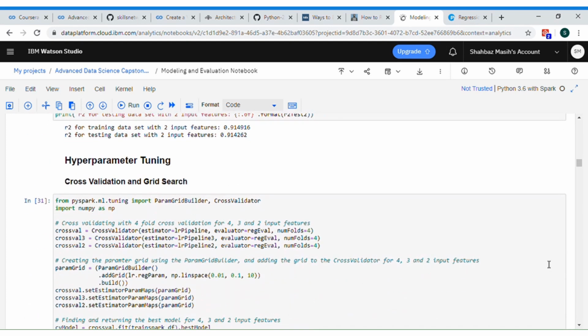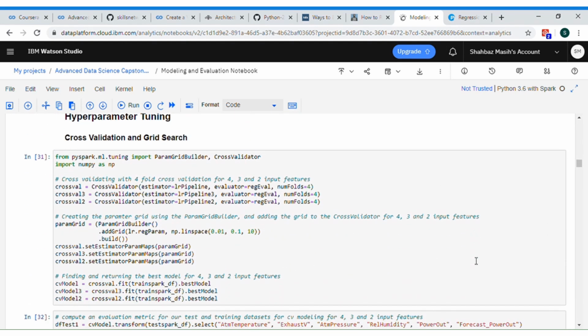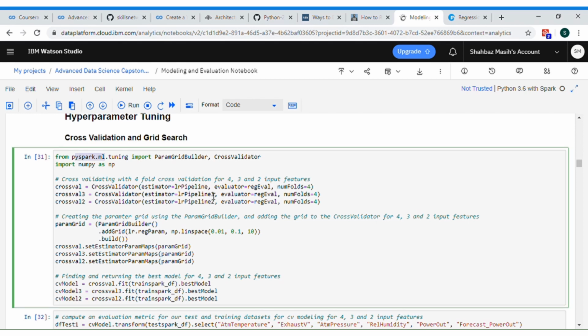Okay, then hyperparameter tuning was done for the linear regression model, and you can see that again we are using the PySpark ML library, and now we have to set up a cross validator, and we will pass a param grid builder to it. Okay, I will show you step by step. So the cross validator was passed the estimator, the evaluator, and the number of folds, and then the parameter grid was built for grid search, and the cross validator was passed the parameter grid,